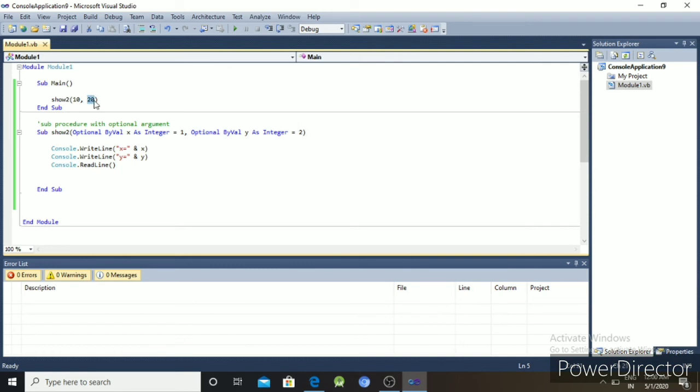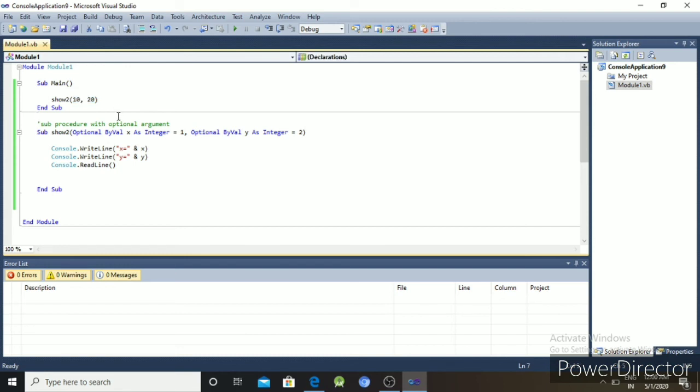The value is overwritten and the new value is displayed. So the optional value is x equals 10 and y equals 20. This is how sub procedures with optional argument work.